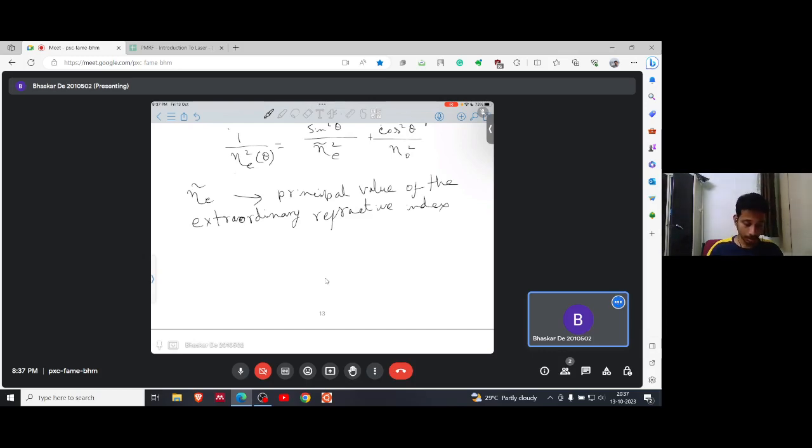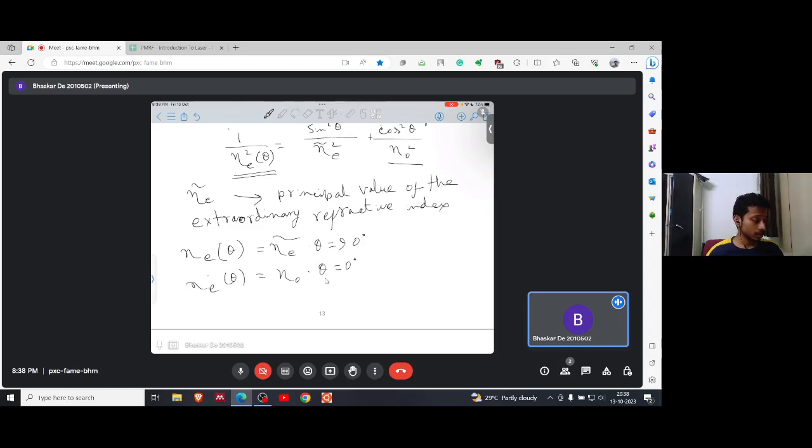This is the variable n_e, and this is the n_o. So n_e(theta) equals n_e tilde for theta equal to 90 degrees, and n_e(theta) equals n_o for theta equal to 0. So thus by rotating the crystal in the plane of the optic axis and the incident beam,